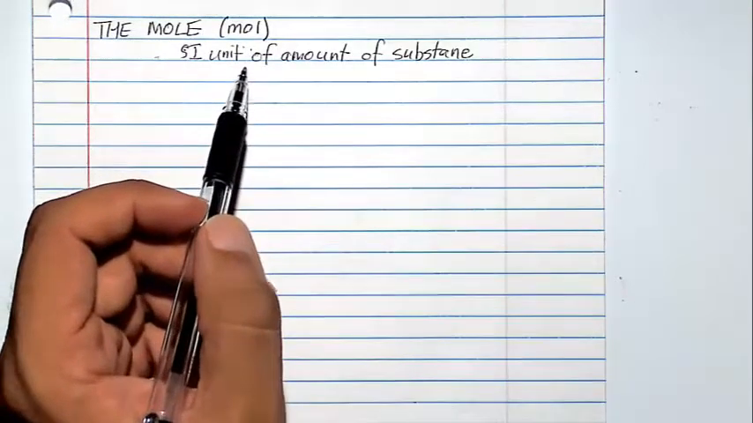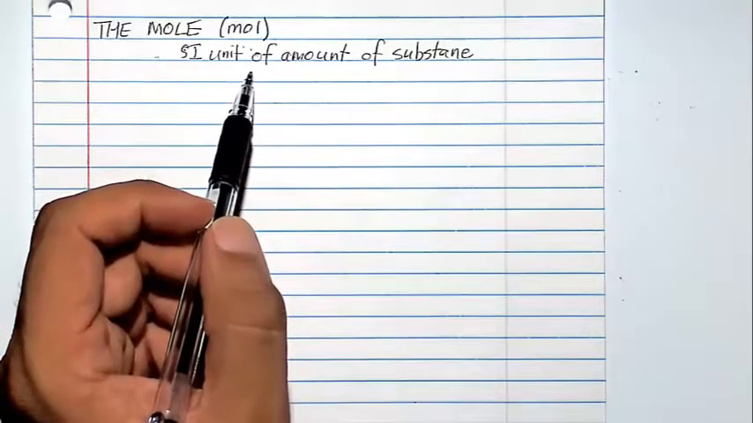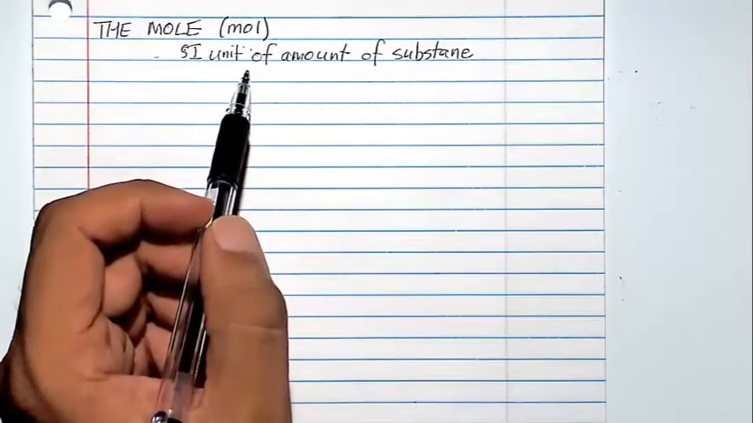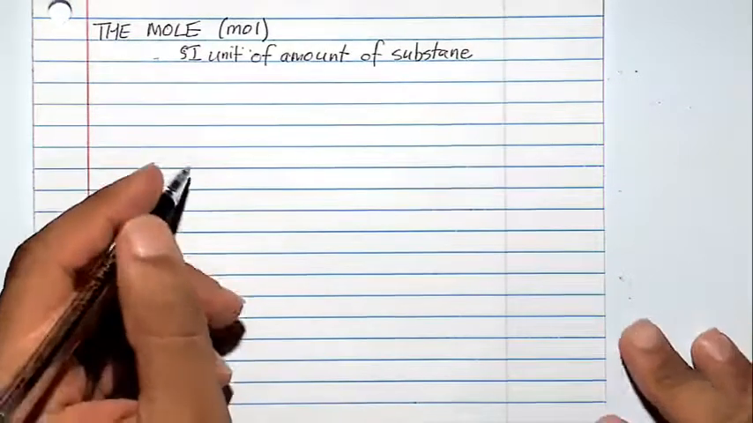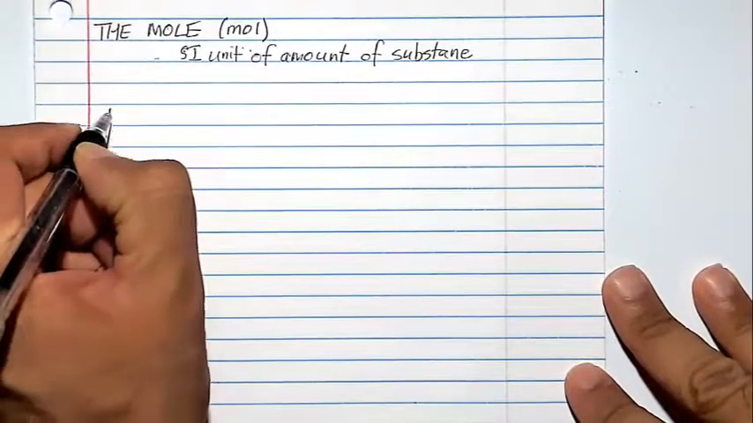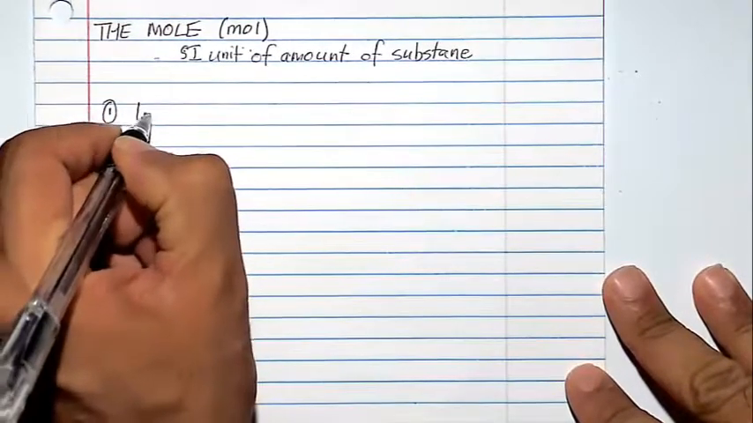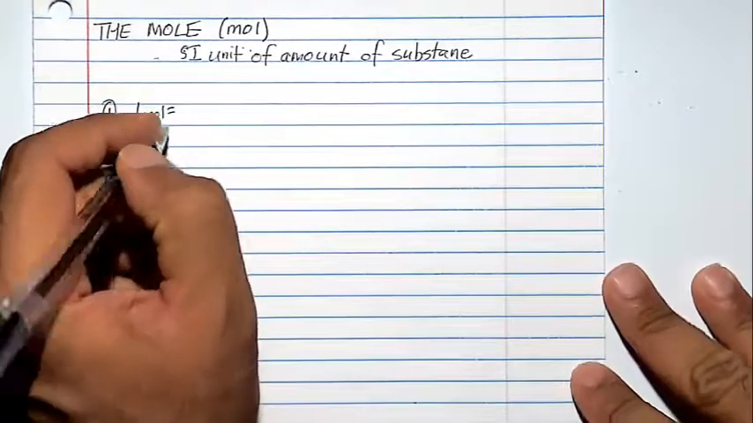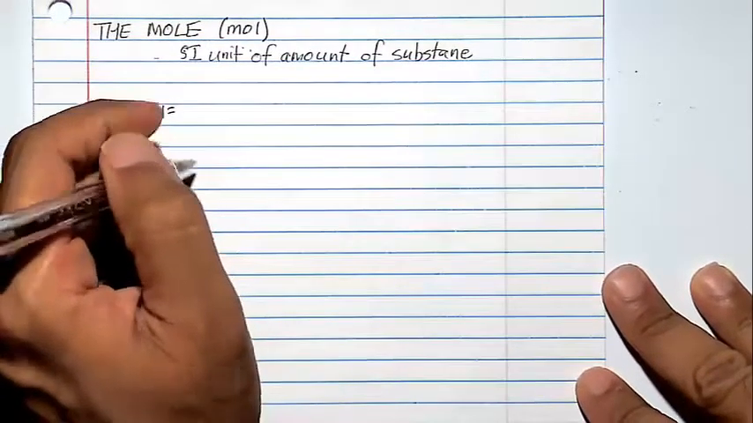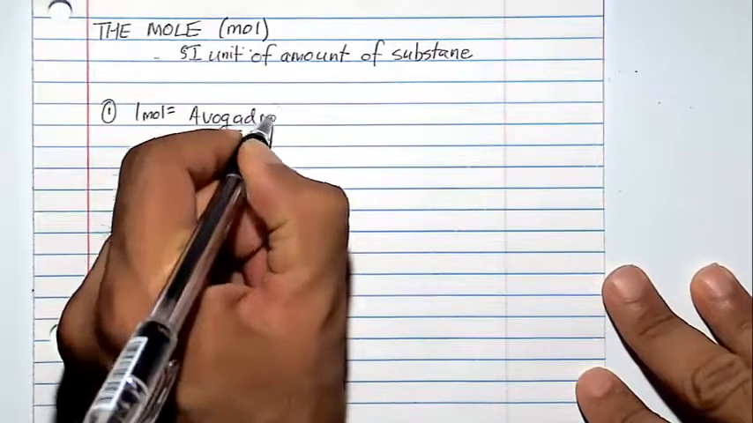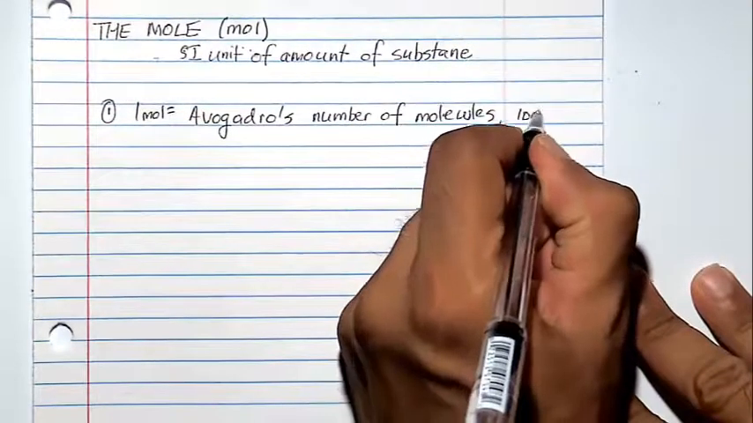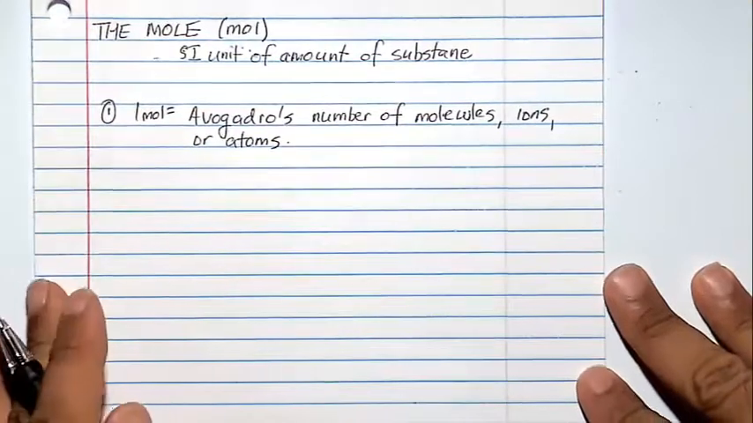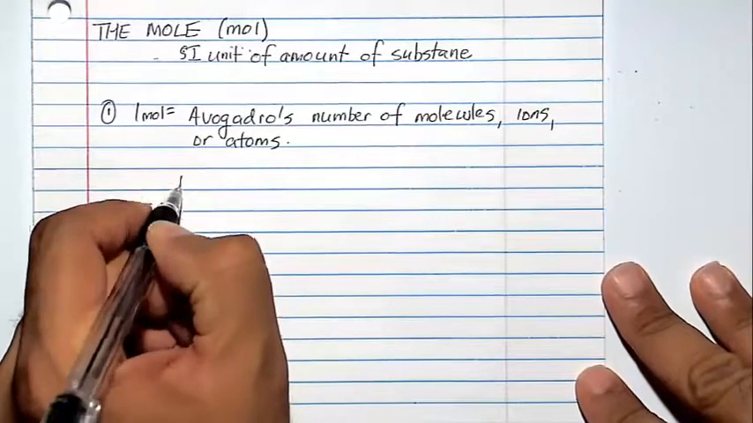There are 4 definitions of the mole that you should familiarize yourself with and be able to use interchangeably depending on the need and the type of problem that you will encounter. So the first definition of the mole is 1 mole is equal to Avogadro's number of molecules, ions, or atoms. Avogadro's number is a constant, and that constant is